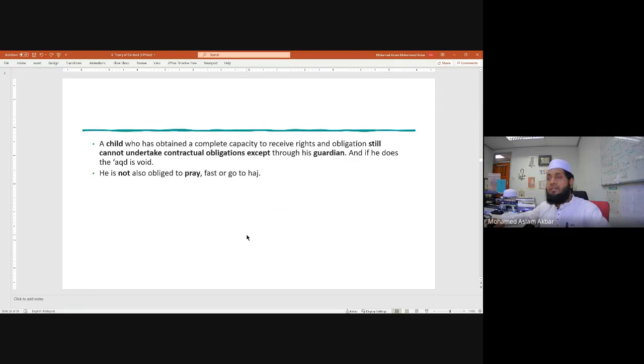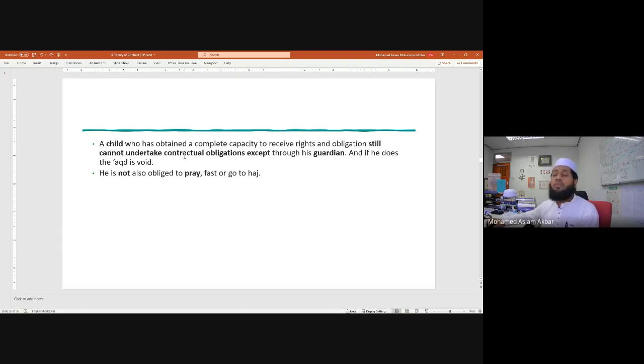And if he does the aqad, the contract is void. Void means canceled. He is also not obliged to pray, fast, or go to Hajj. So this is the same point again: any child who has complete capacity to receive rights and obligations still cannot undertake